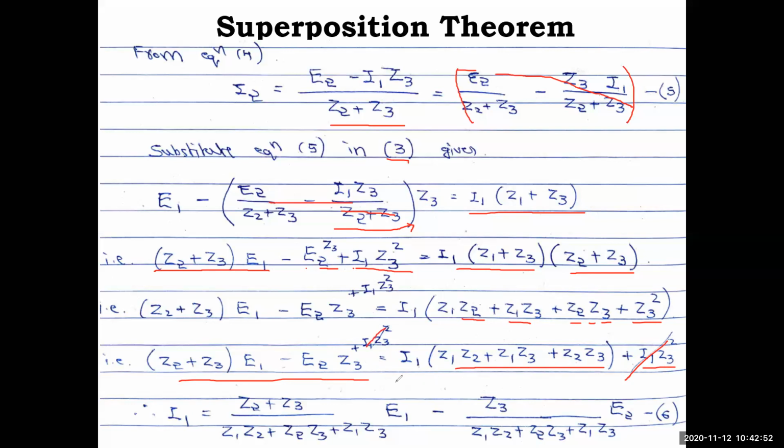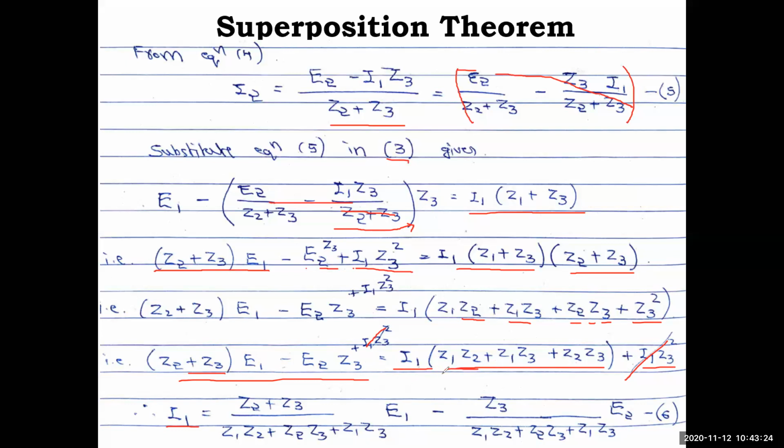So now you have the equation only in terms of I1, right? There are no I2 terms in this equation; you have E1, E2 and I1. So now write I1 in terms of only the impedances and E1 and E2. So you got the solution, and that's what I'm writing here. Therefore I1 is equal to, here the E1 part I will write first: Z2 plus Z3 is the numerator, divided by this complete term in the denominator, Z1 Z2 plus Z2 Z3 plus Z1 Z3, times E1.